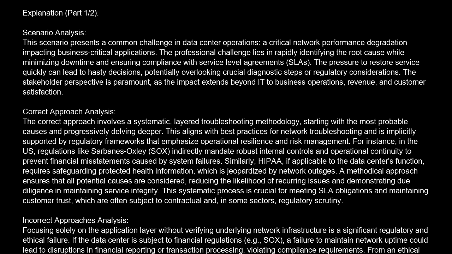Incorrect approach analysis. Focusing solely on the application layer without verifying underlying network infrastructure is a significant regulatory and ethical failure. If the data center is subject to financial regulations, e.g., SOX, a failure to maintain network uptime could lead to disruptions in financial reporting or transaction processing, violating compliance requirements. From an ethical standpoint, it demonstrates a lack of thoroughness and potentially a disregard for the comprehensive operational integrity expected